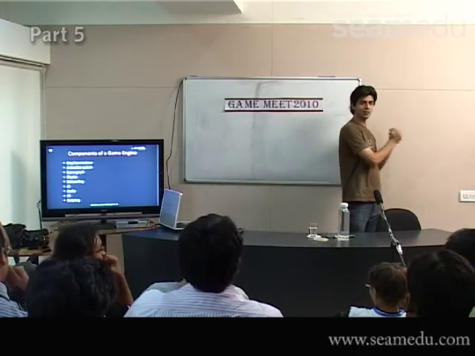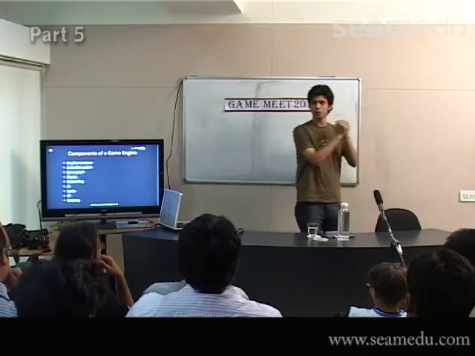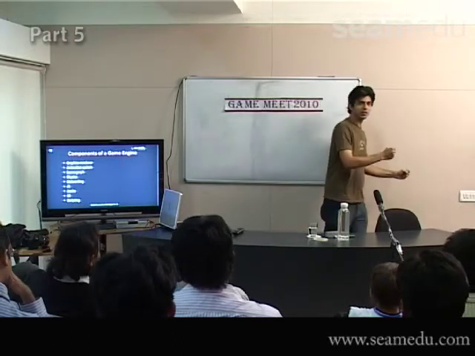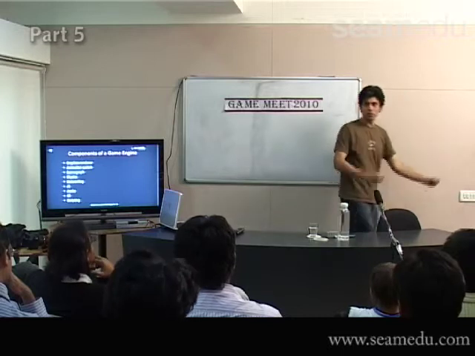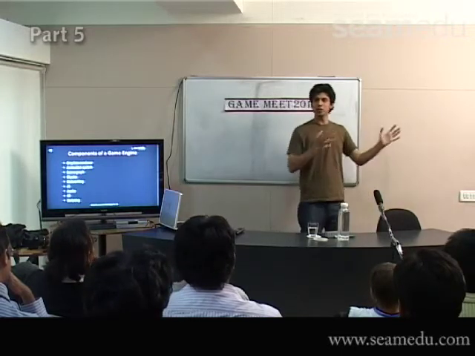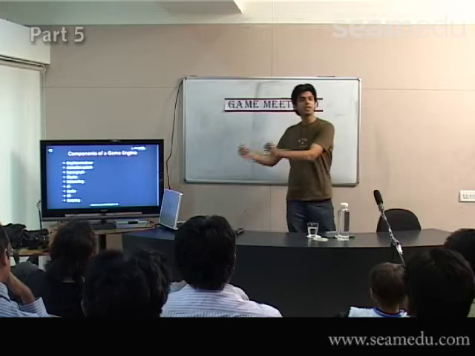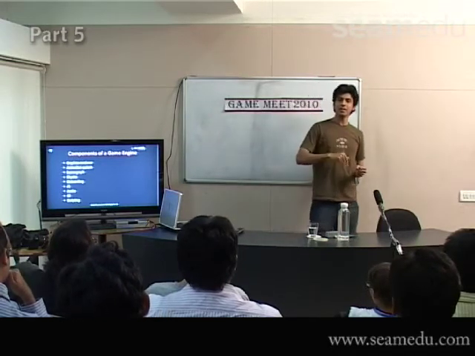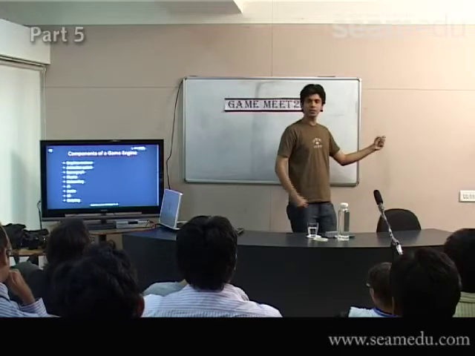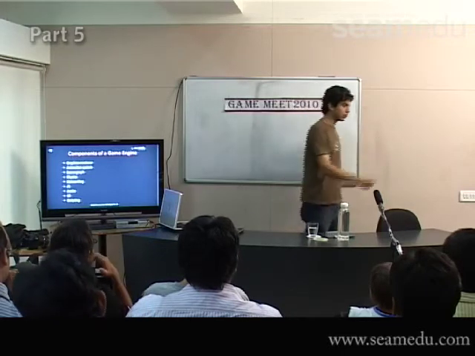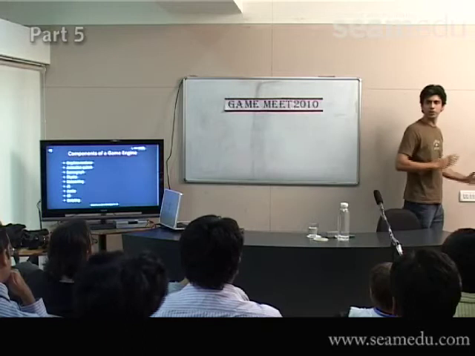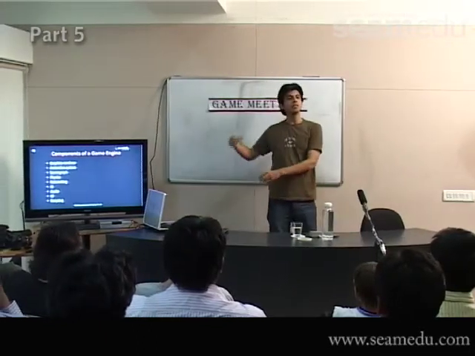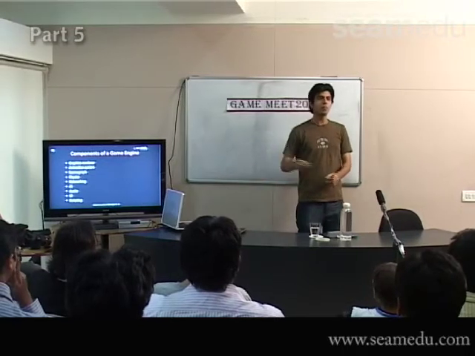You have your animation system. Now you can define animations in Max or Maya or any of these packages. You say, okay, this is my character and these are the different frames that he's going to walk or run or whatever. Now this data needs to be translated into something which the game engine can understand. And then what usually happens is you define a walk cycle. So 1, 2, 3, 4. 4 frames, for example. And then these frames come into the engine and the animation system inside the engine plays that.